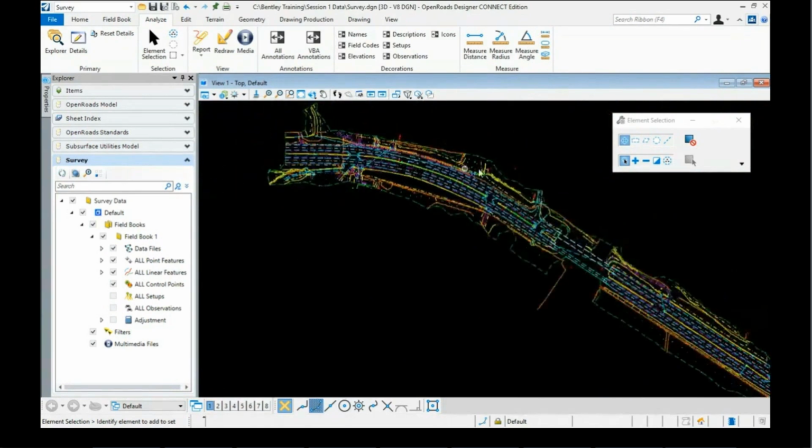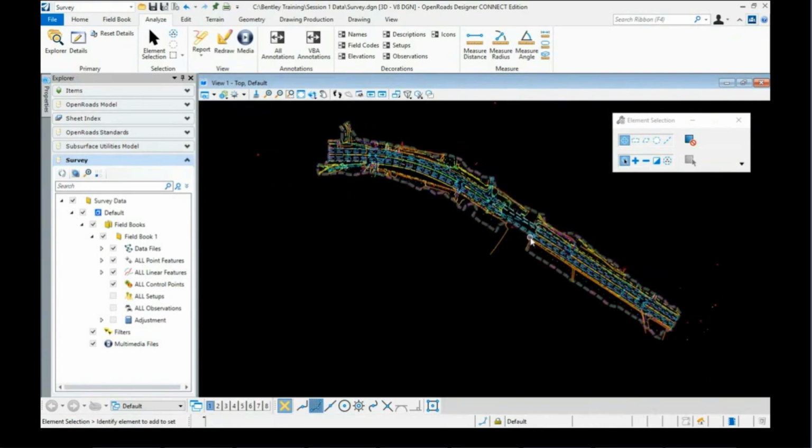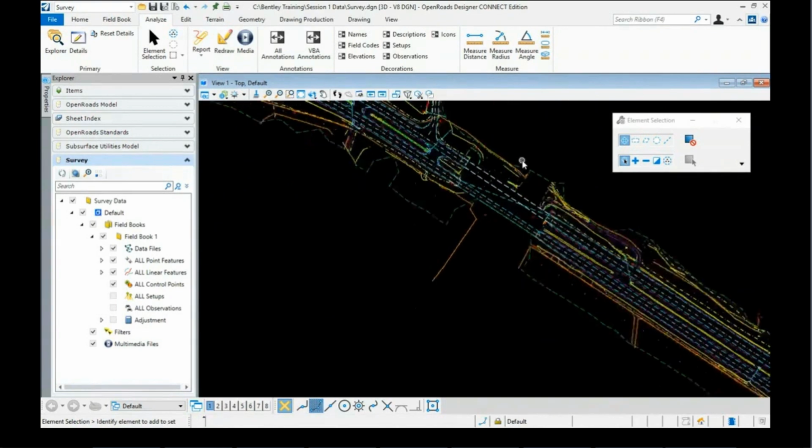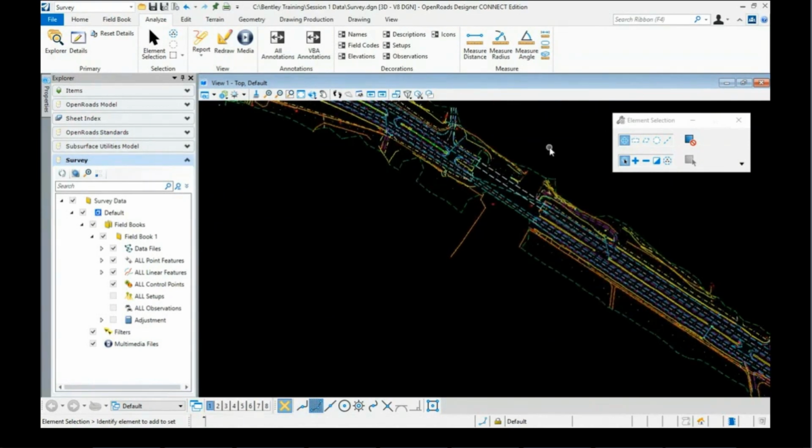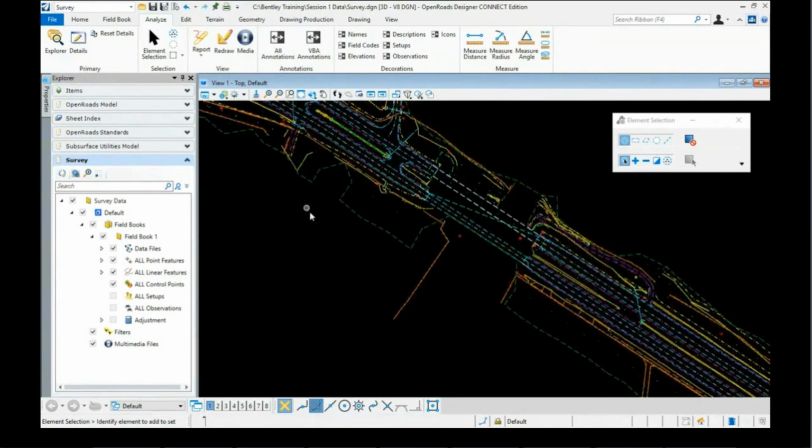our bridge and our creek over here, and this is a good point. We've got our day 1 data in, and we've edited it. We've got it all fixed up, and now the surveyor has brought in a new set of observations from another day's work. So we're going to go and import that. That happens a lot. So all I'm going to do is bring in the rest of the data that we have in our data set at this time, so I can finish out the modeling in the stream